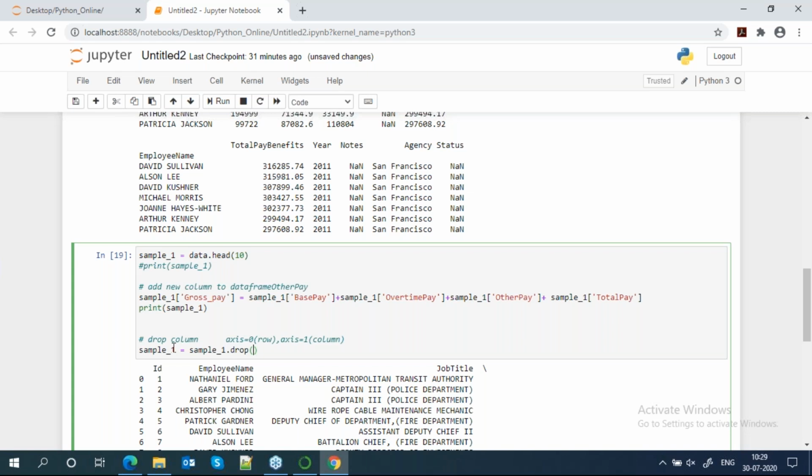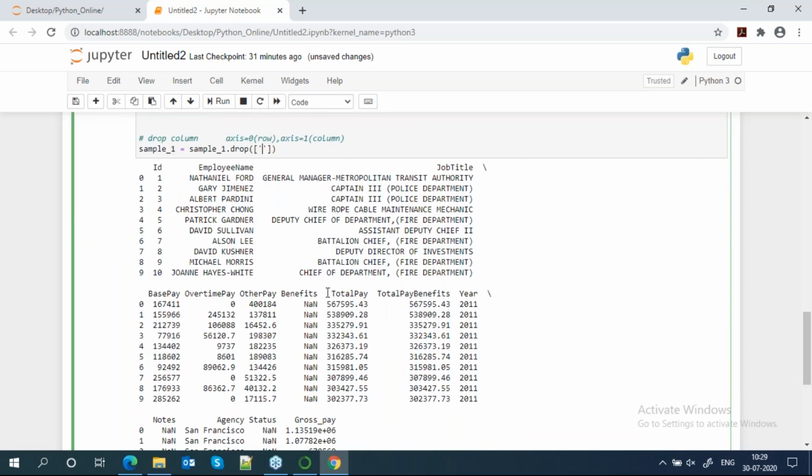If you want to drop a single column, just give it like this. But if you are going to drop multiple columns, then we need to keep the parameter in the form of a list. Suppose I want to delete this one, base pay.